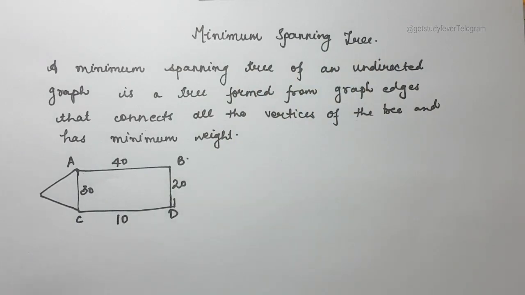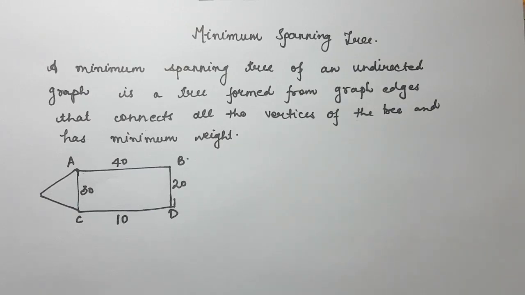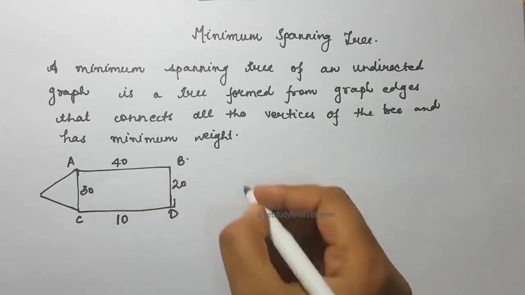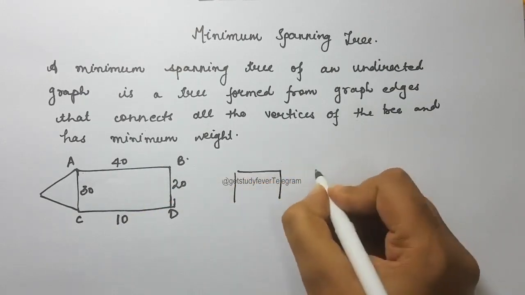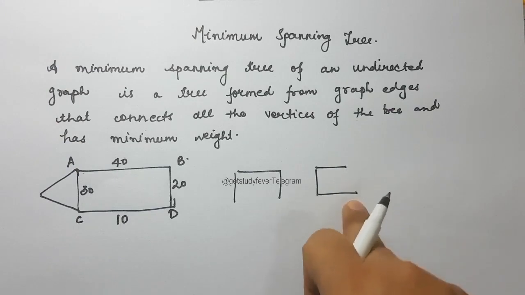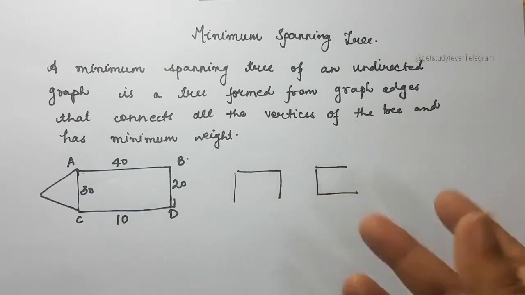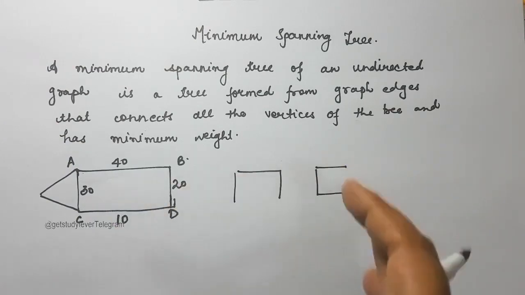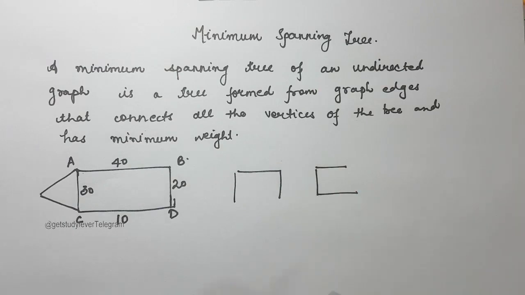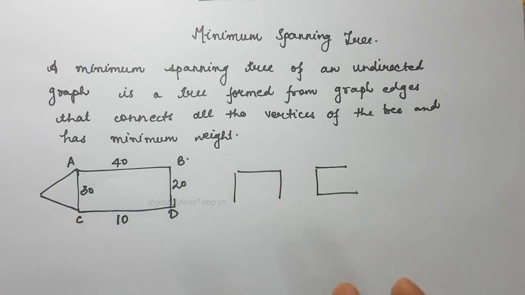So we have seen earlier that there are various spanning trees that are possible. So in case of unweighted graph, in case this graph was not weighted, all these spanning trees have the same weight. So all of them are minimum spanning trees. So it may happen that if more than one edge has identical weight, then we can have more than one minimum spanning tree possible. But in case we have a unique weight for each edge, we will have a single minimum spanning tree, because only a single spanning tree will have the minimum weight.